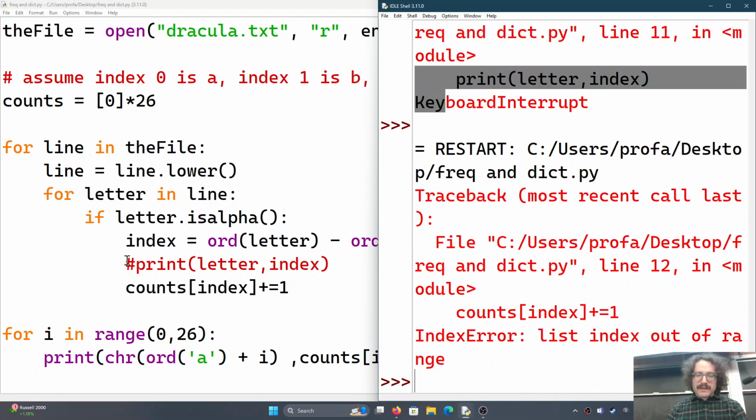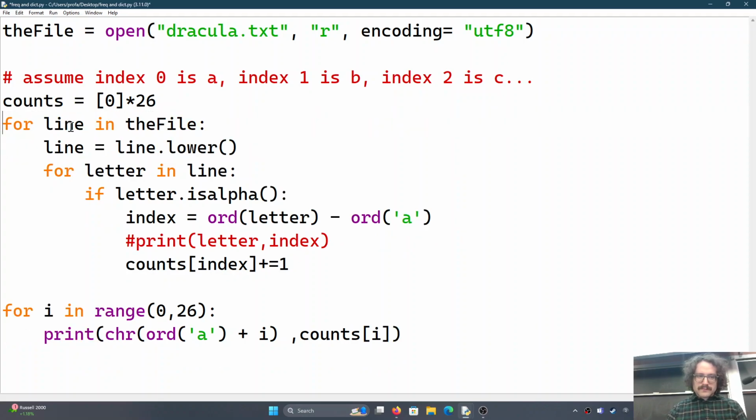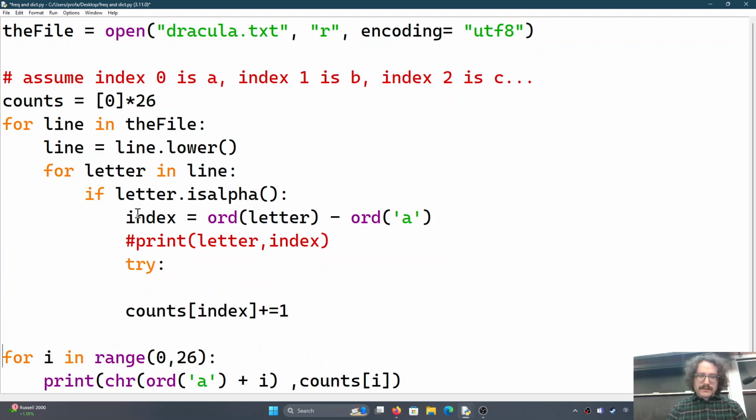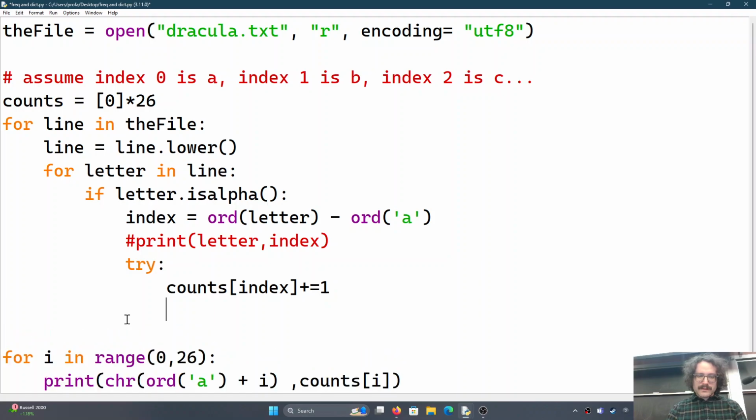What is it croaking on? Try. Oh, I don't even know how to do this in Python. I know how to do it in other languages. Try, or I forget how to do this in Python. Except